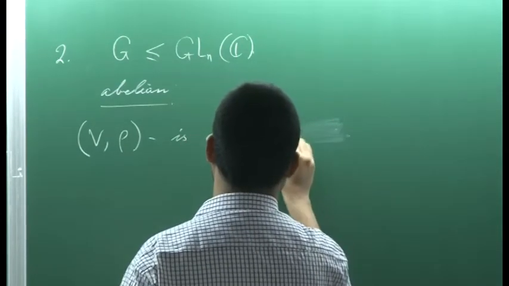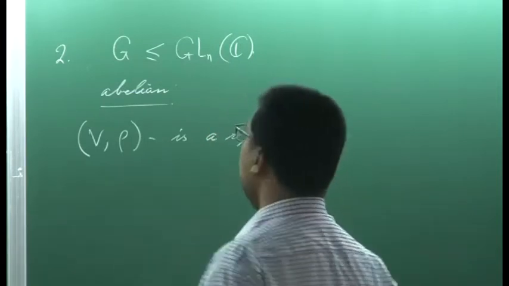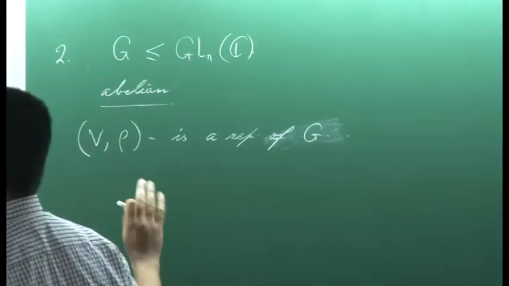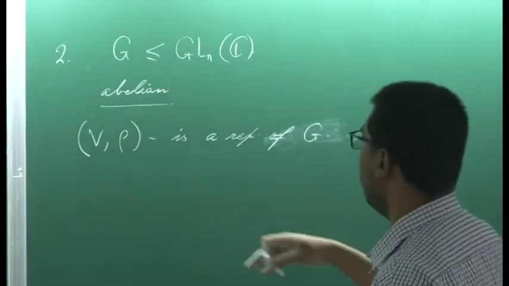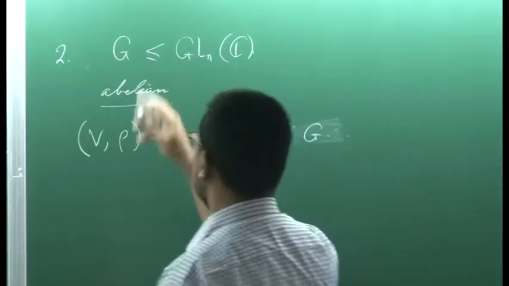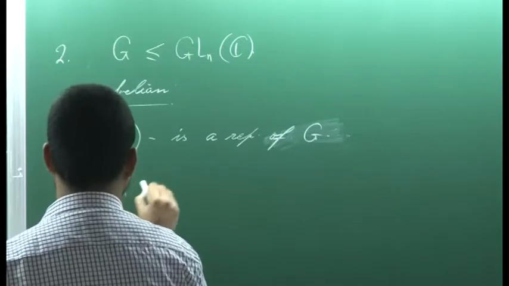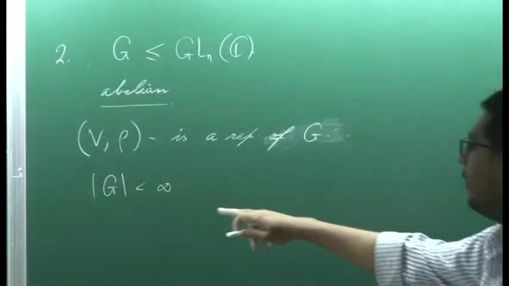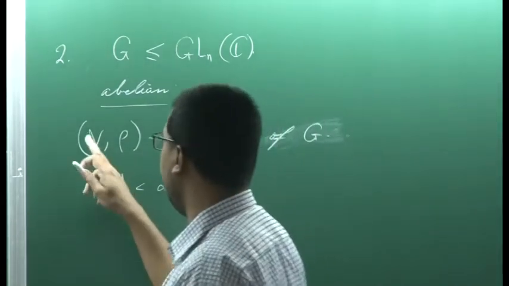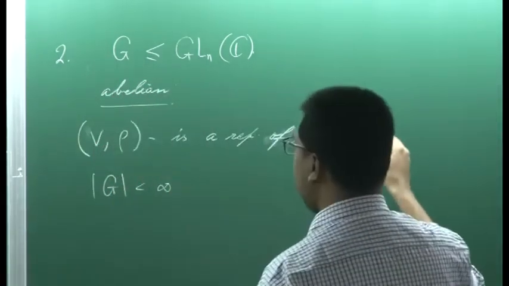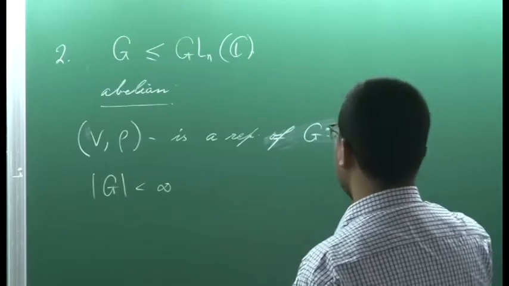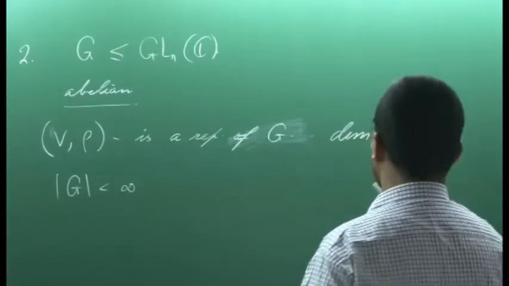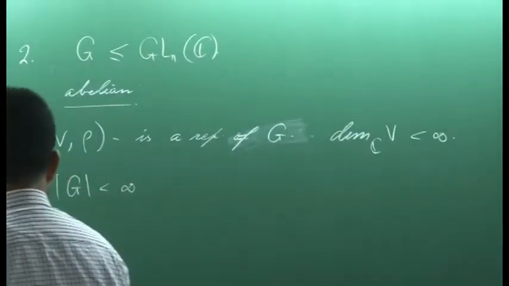Let V, rho be a representation of G. Well, at least for this, what we are going to do now, we need to assume G is finite. So, recall that we have proved that for any finite group, and of course finite dimensional representation, the dimension of V is finite. So, there exists